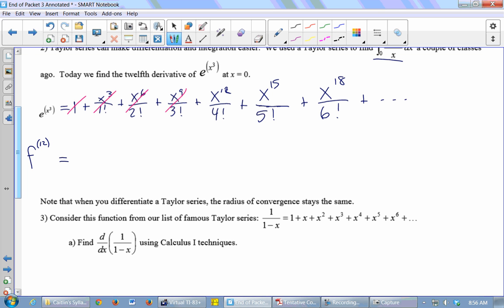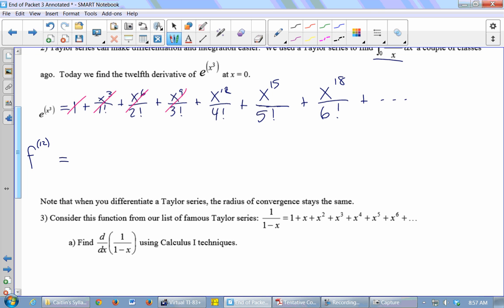When I take 12 derivatives of it. The 1 raised to the 12th. Yeah, the x to the 12th over 4 factorial. So all of these guys, eventually I'm going to bring down a 1 and the exponent's going to be a 0. So that term's going to be a constant and its derivative will be 0, right? So all of these guys whose exponents are less than 12, when I take 12 derivatives, I'll eventually just get